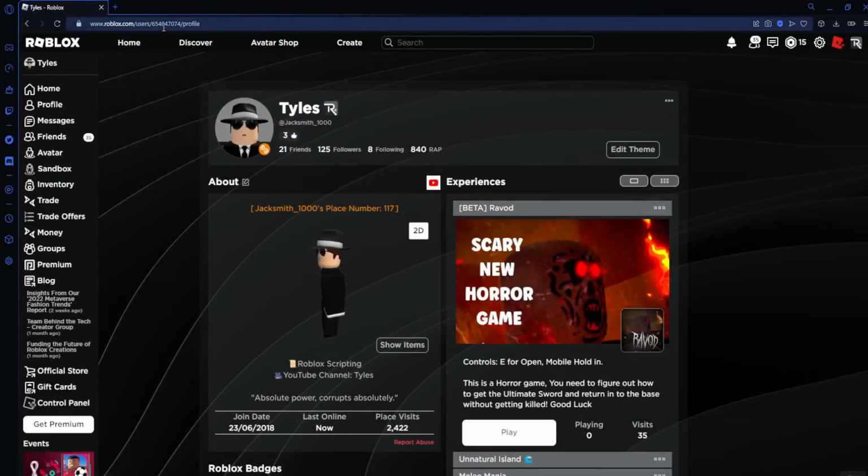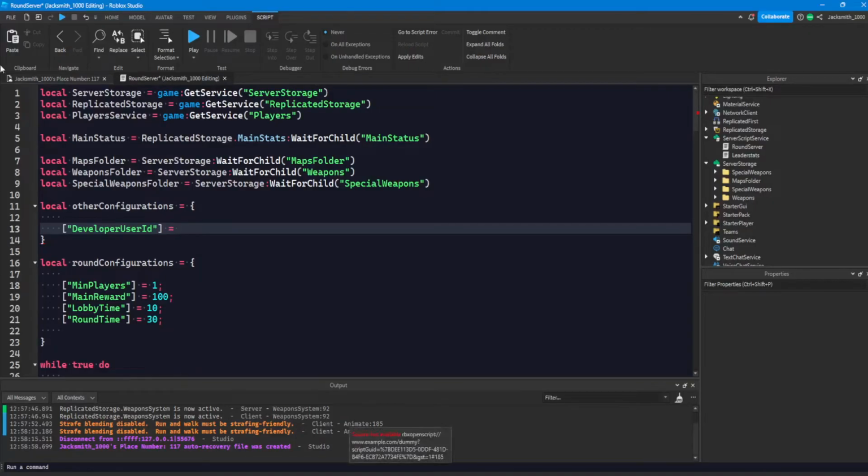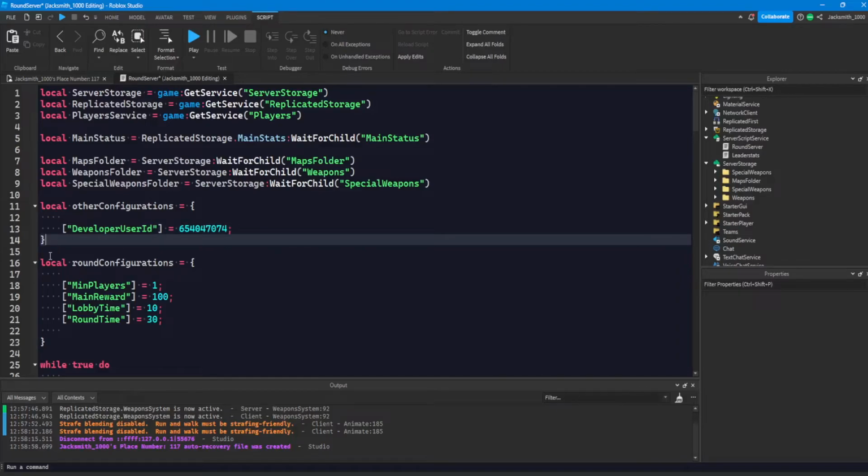How we can get our user ID is if you come up to the URL at the top, next to the lock icon, you'll see a bunch of numbers between these slashes. Let's copy that number with Control C, and cut back into Studio. If we Control V that in there, add a brace after that, a semicolon, we now have the developer ID,